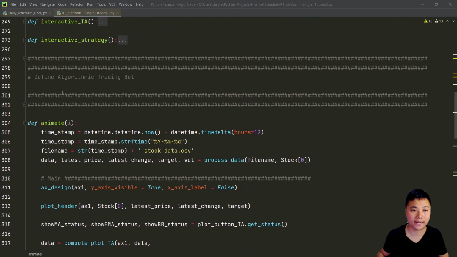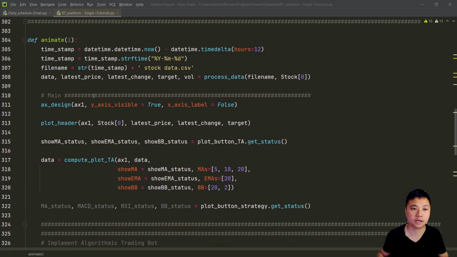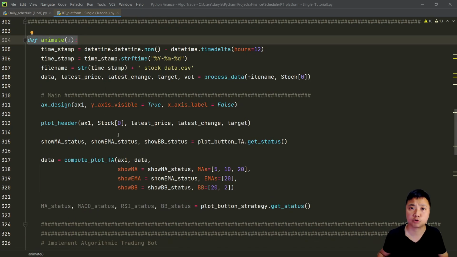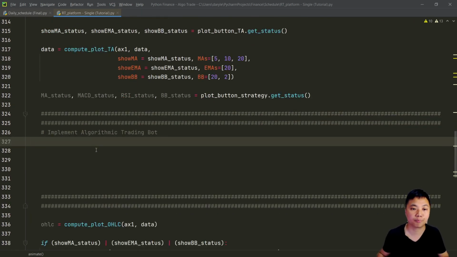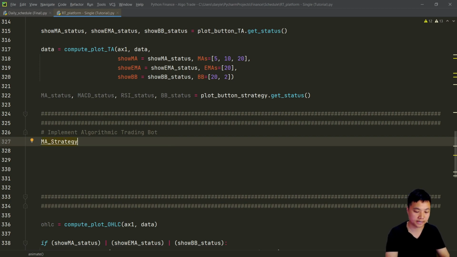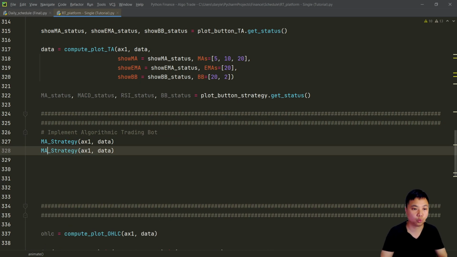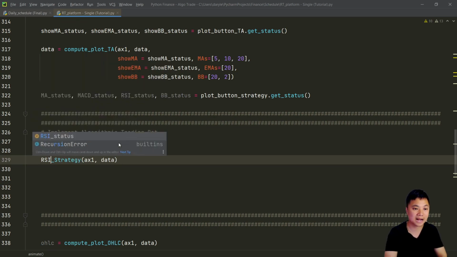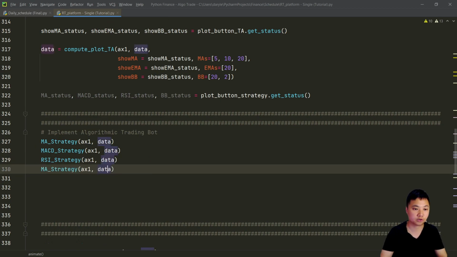Before we create the algorithmic trading bot, define the functions. We need to implement the algorithmic trading bot inside these animate functions, just to make sure that this algorithmic trading bot is implemented for every single loop. And then of course we can define the strategies for each of them. Say for example, I want to create the moving average strategies. I also want to implement the MACD crossover strategies. I want to use the RSI strategies, as well as the Bollinger Band